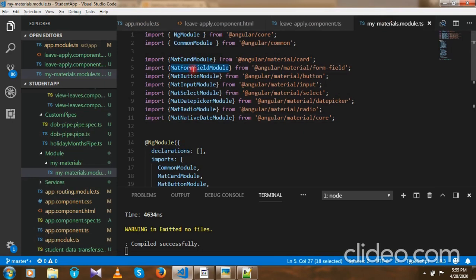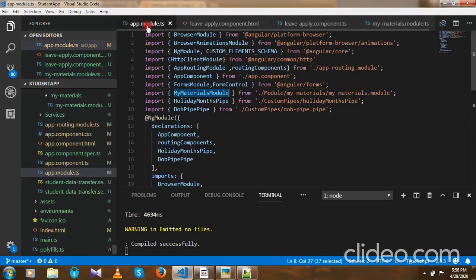See, mat card I imported, mat form field, mat button, mat input, everything I required I have imported in my material module, and this my material module I have imported to the app module. This is the best practice when you are using Angular Material. If you don't do this, you will get NgModule conflict errors, so to avoid those errors, we have to do it in this process.